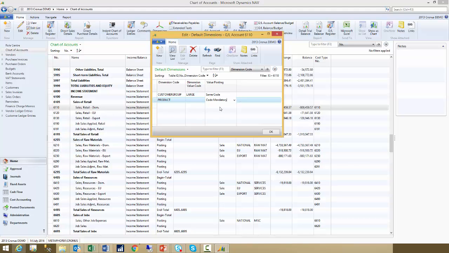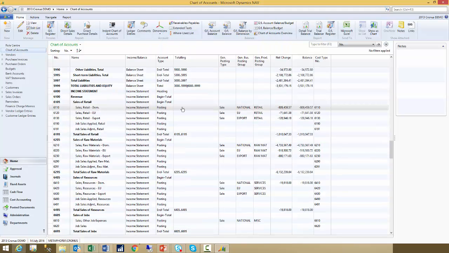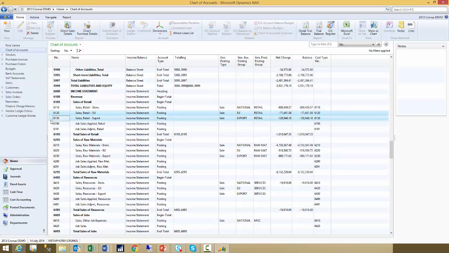So once we've got that set on our GL accounts, or account in this case, I just want to show you now how we use that multiple option. I was just placing that code against my GL code 6110. However, if I want to apply dimension control to multiple accounts, then I simply have to highlight those accounts, go to my dimensions, and you notice this time that the dimension single is actually greyed out anyway, so I wouldn't be able to select that. I select dimension multiple,